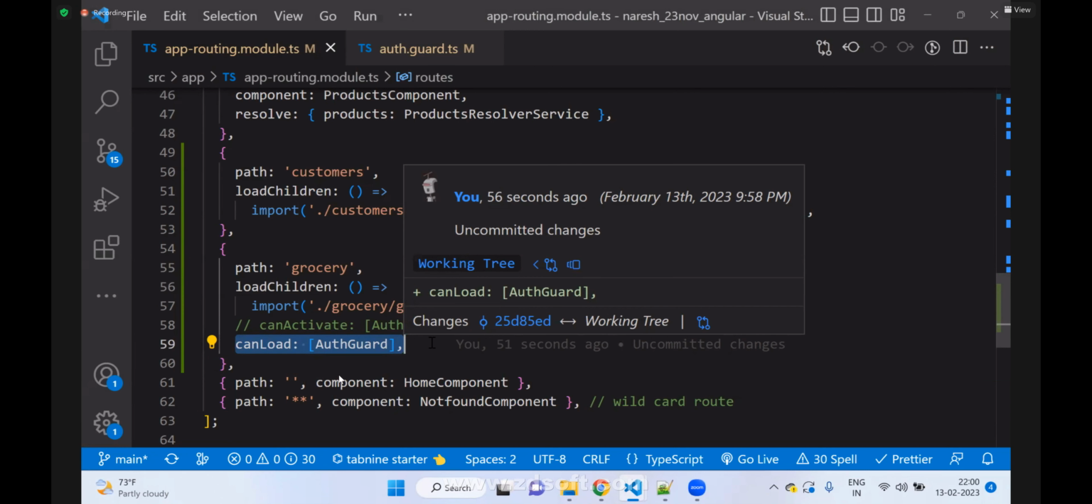Not CanActivate. CanLoad. Always CanLoad. What is the point of using CanActivate? If you use CanActivate, it stops you from going to that route, but it still downloads that file,